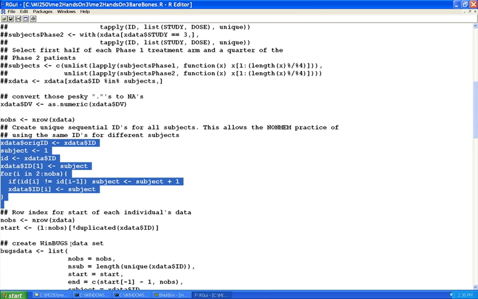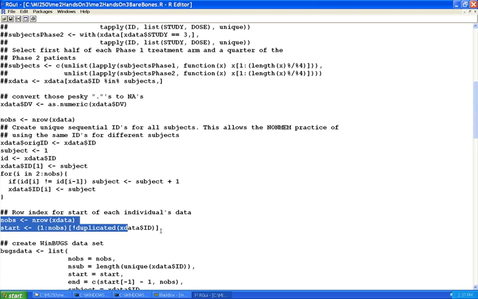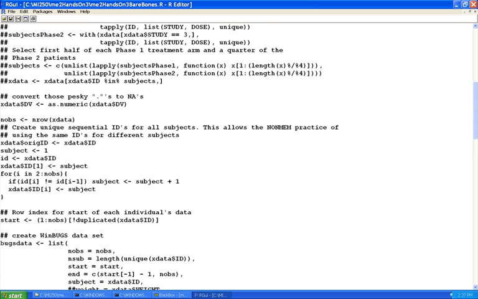So that takes care of that. I need to generate, recall, the start and end values, and that's what's going on right here. Actually, I see I added one thing. You could take this out, since I already calculated a number of observations up here. So to do start here, you can see I use the trick using the not duplicated function